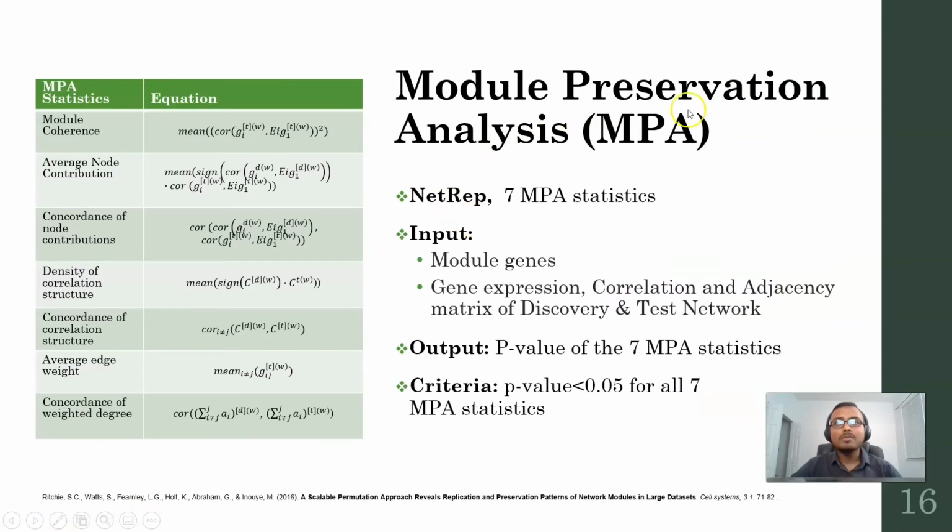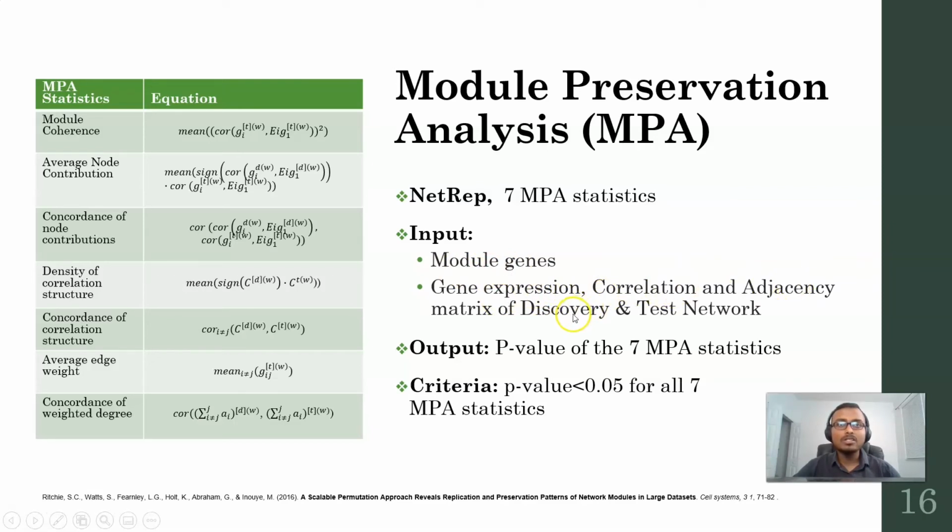So in the module preservation analysis phase, we used NetRep, which is an R package that is compatible with WGCNA. We used this one to do our module preservation analysis test. It uses the 7 equations which are labeled as MPS statistics. The input that it takes is the module genes and the gene expression matrix, correlation matrix, and adjacency matrix of